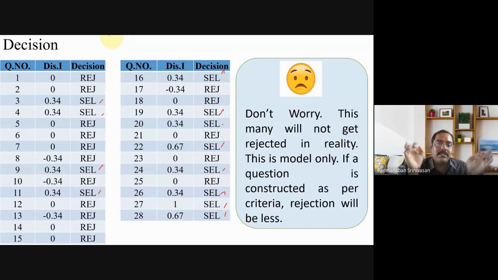Just for knowing, I am telling. Now we are not doing that, but we should know why we go for a larger number of samples. If you are increasing the sample, then the data speaks well. If you are decreasing the sample, then the data does not speak well. That is why many questions are getting rejected. And possibly, if you are not framing good questions, that also may be the case. But if you are framing good questions and they are still being rejected, one of the reasons may be that the sample is not enough, if it is a very small sample.